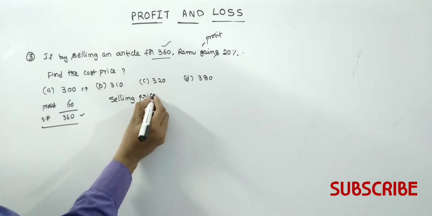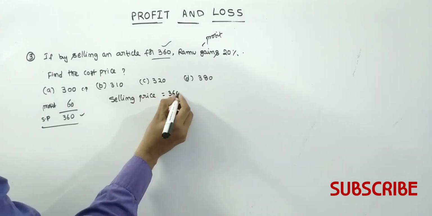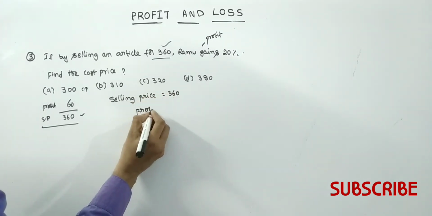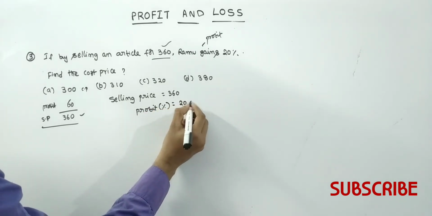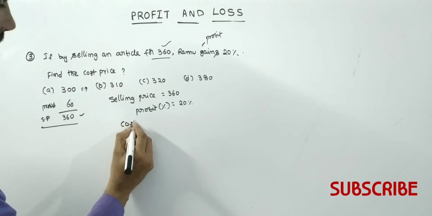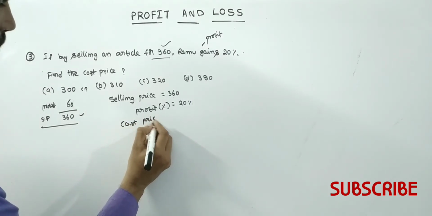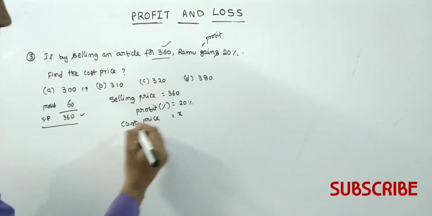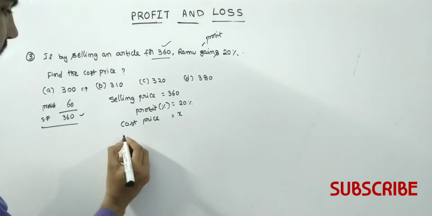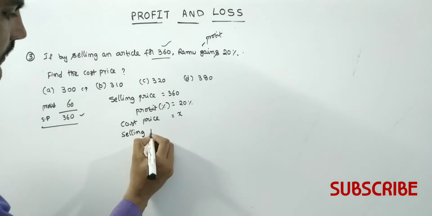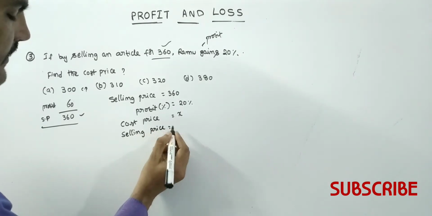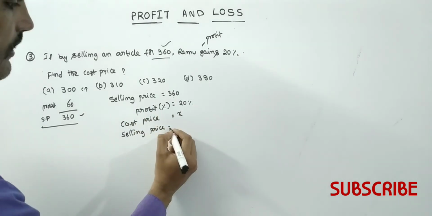Selling price how much? 360. Profit percentage he has given, 20%. Then cost price he is asking. Then you should assume it as X. Cost price is X. Then see friends, selling price equals